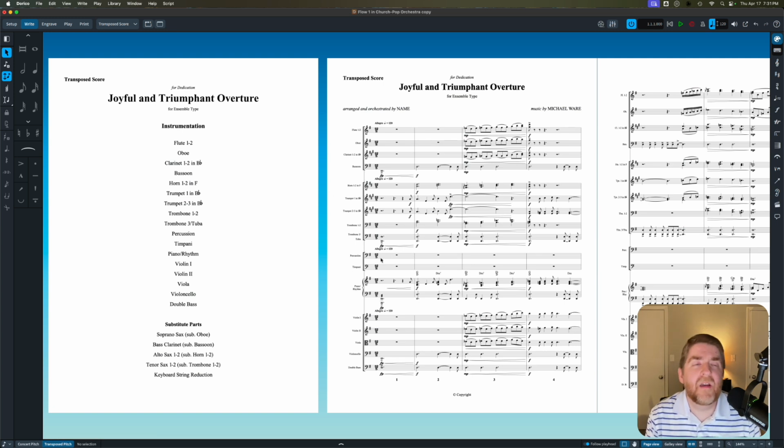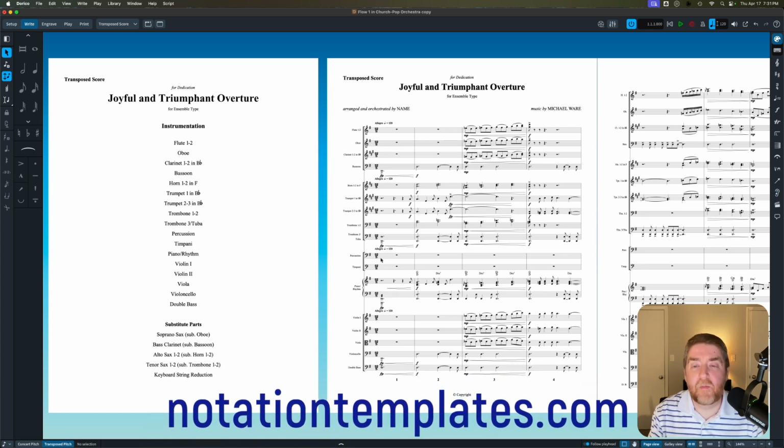The percussion, if you're coming from another file, you'll have to assign your instruments and make sure you label everything correctly. That takes a little bit more doing, but I hope this shows you some of the power of the template and why it might be